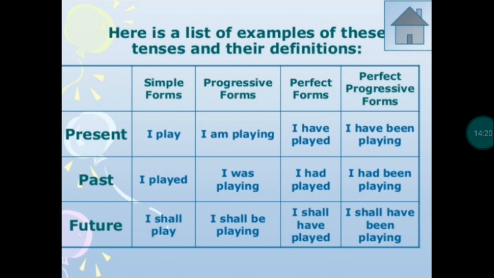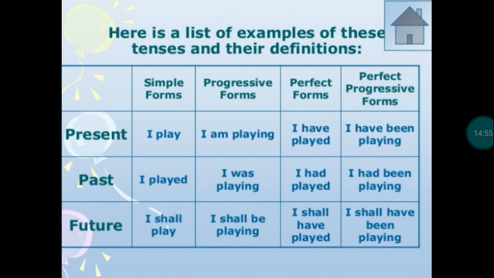Then when we talk of the past tense, in the first one, what do we say? We say I played. That action is over and done with. Then in the continuous, you say I was playing, or you can also use were, depending on the subject, they were. So either was or were plus the ing form of the verb. And in the perfect, you always have to use had, only had, not has or have. So you say I had played. And then in the perfect continuous form, you say I had been playing.